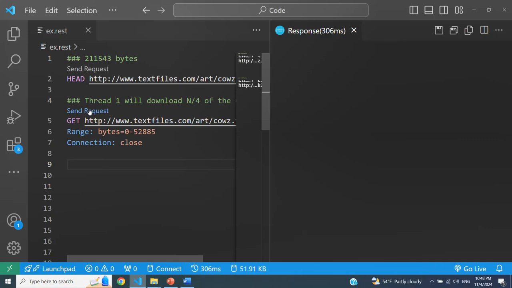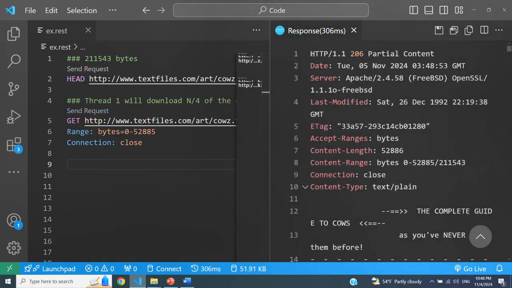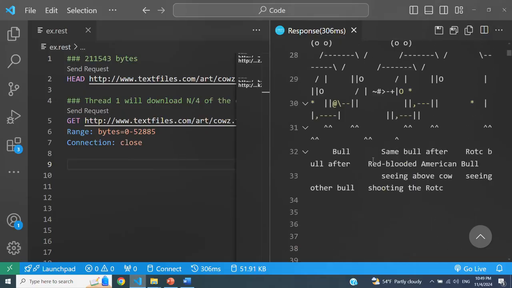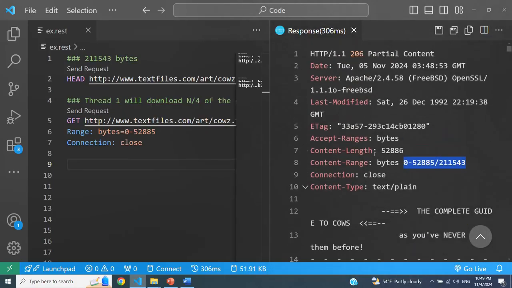If we send this, you're now going to see that the response we're getting is HTTP 1.1 206 partial content. It tells us that the content length is 52,886, and this is the range of the bytes being sent in this message. And here is the actual message being sent from the server.